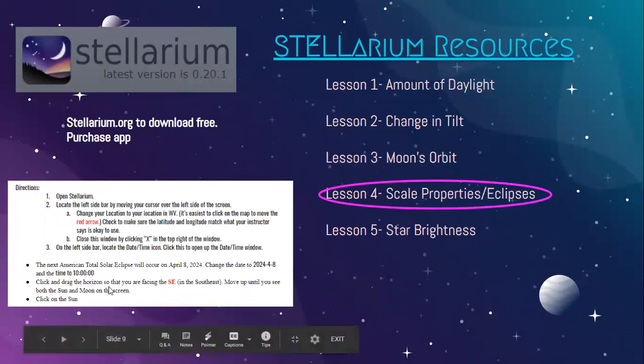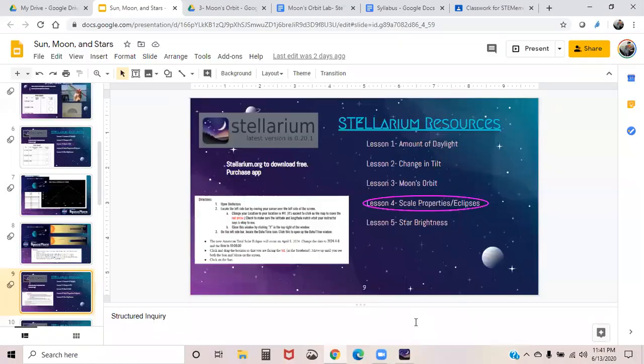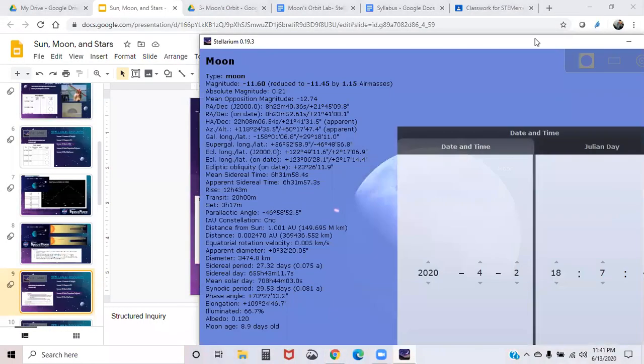Click and drag the horizon so that you're facing the southeast side. Move up until you see both the sun and the moon on the screen. Click on the sun. Okay, and so we'll get started on Stellarium. We'll start doing some of that, and then